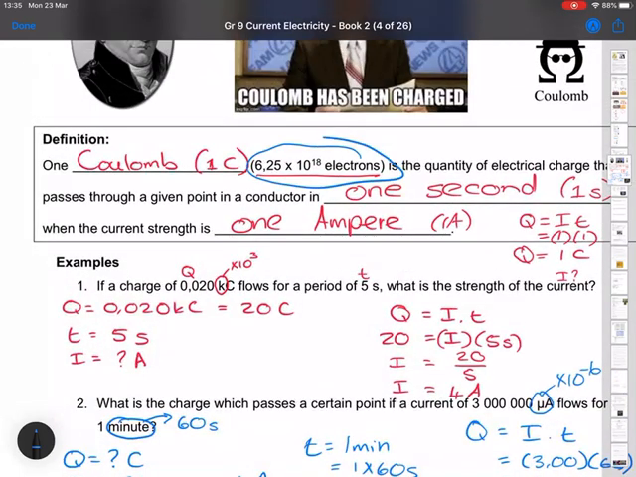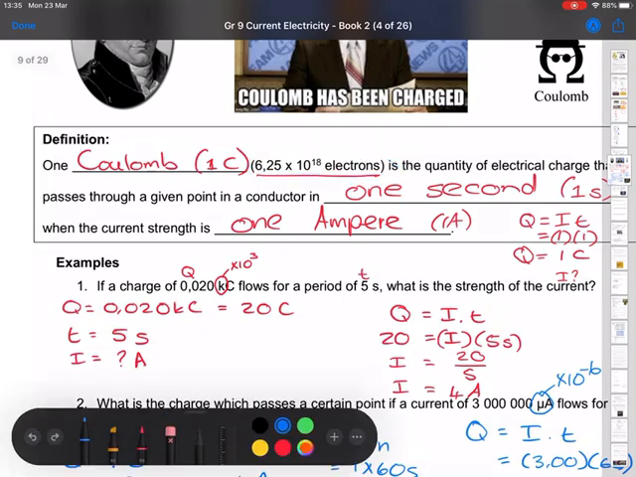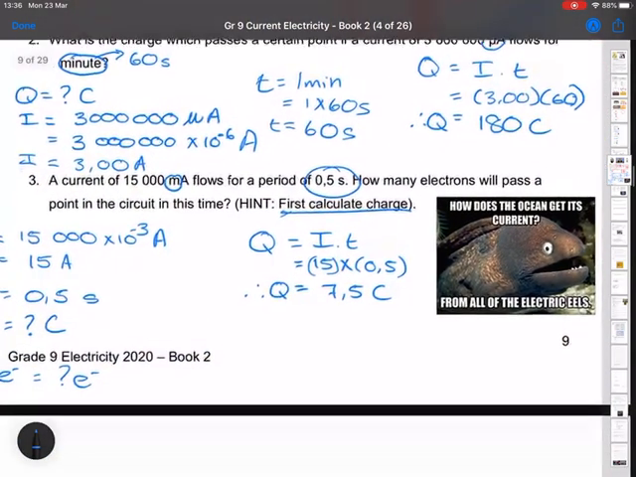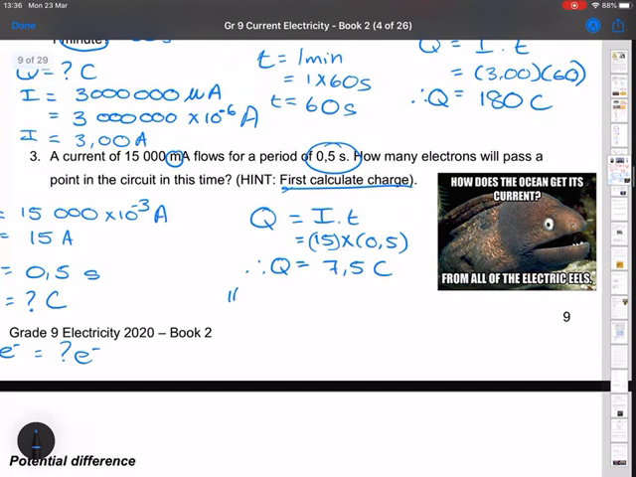Now remember I told you that a coulomb was a packet of charge. How many electrons are in each packet? 6.25 times 10 to the 18 electrons are in each packet, or in each coulomb of charge. So the number of electrons is the number of coulombs that you've got. We've got 7.5 coulombs times the number of electrons in each coulomb. And there are 6.25 times 10 to the power of 18 electrons in each coulomb. And that's going to give us